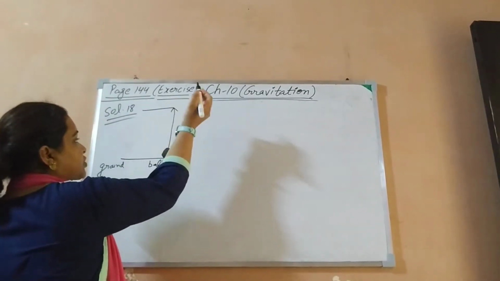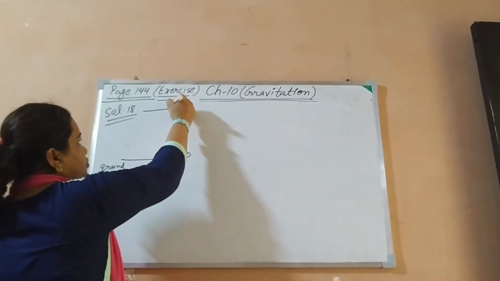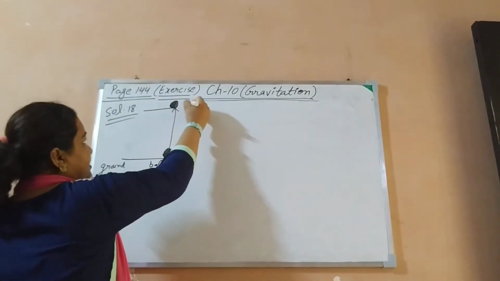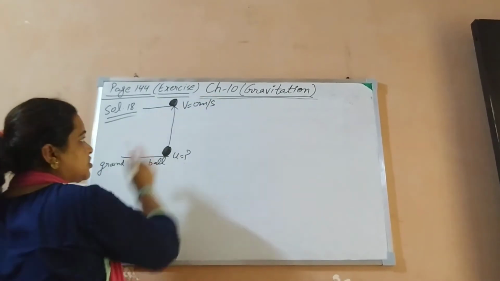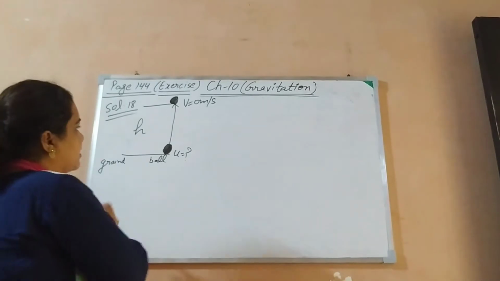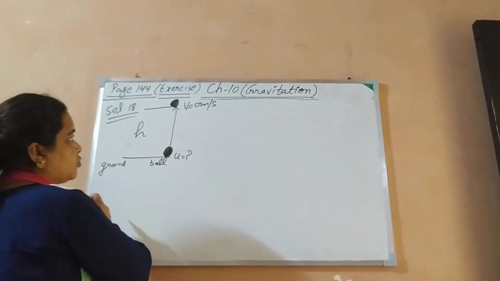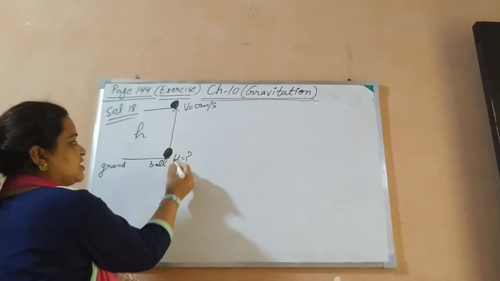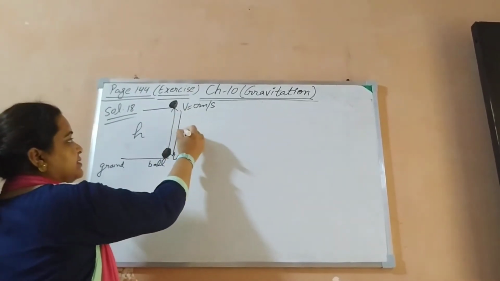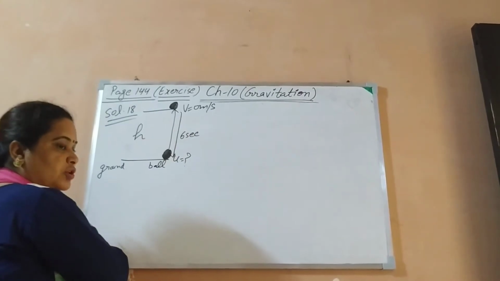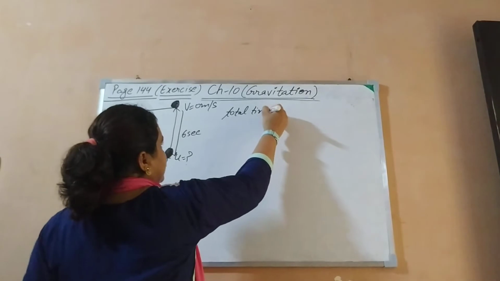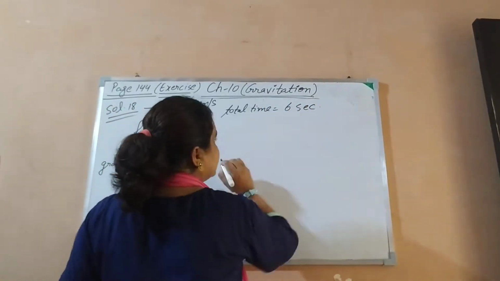It reaches the top, and you know that when any ball or object reaches the top, at the highest point it will have final velocity 0. This maximum height is also not given in the question. We have to find that height also. But what is given is that when the thrower sends this ball, it comes back in a total time of 6 seconds.